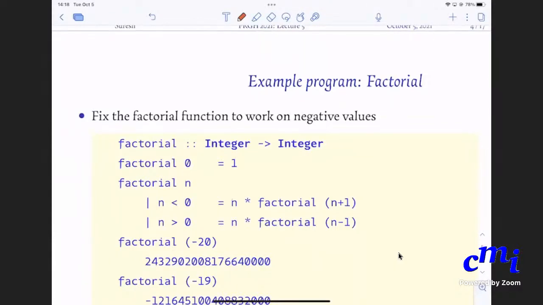So you can have some definition like this if you want, but if you recall the earlier definition that I had said, that if n is less than or equal to 0, I will always say 1. That is another choice that you can have. You can have any number of such choices, but you need to address this. If you had the earlier version and you did factorial minus 20 or some such, it will never terminate. That is something that you need to realize. The point is that with recursive functions, you need to care about termination. Not always will the function terminate, so you need to be a little careful.